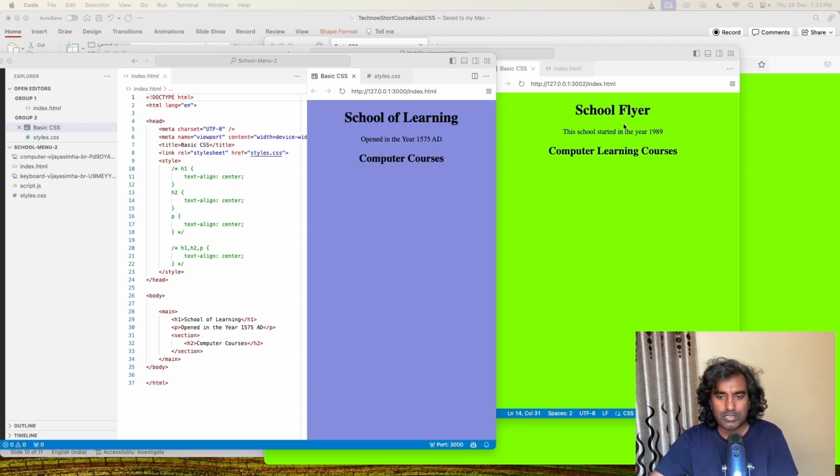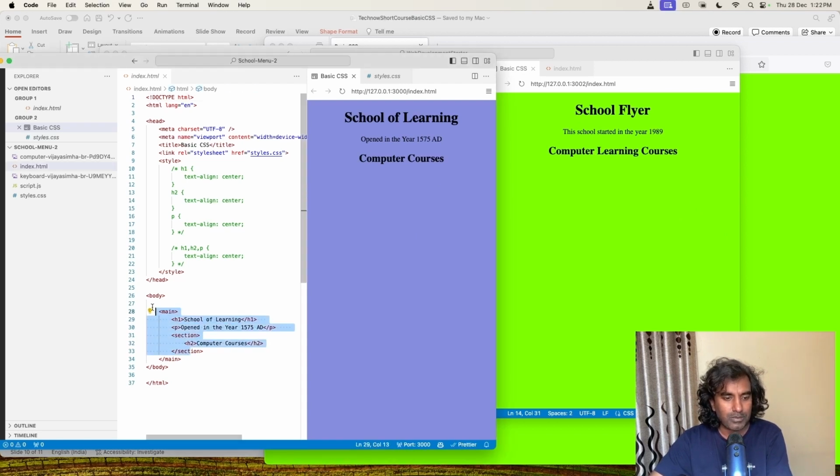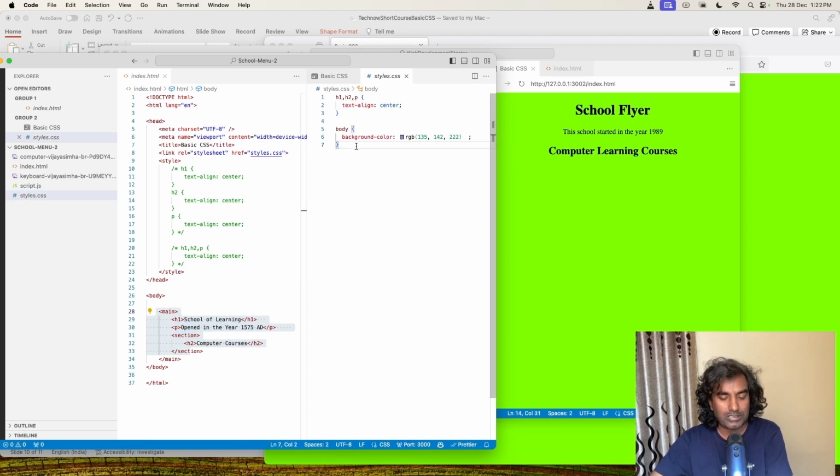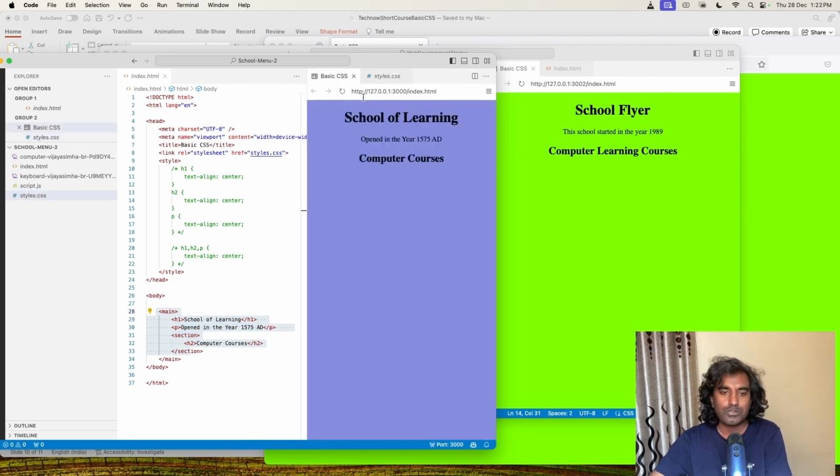So I have managed to get the content in the center. I have put everything in the center. I put a color in the background, and finally I added some stuff in the HTML. I also showed you how to do the CSS part, how to select things, how to type things, and how to use the preview, how to switch, how to use multiple windows. And of course, if you have two monitors, you can put the output, the Firefox thing.